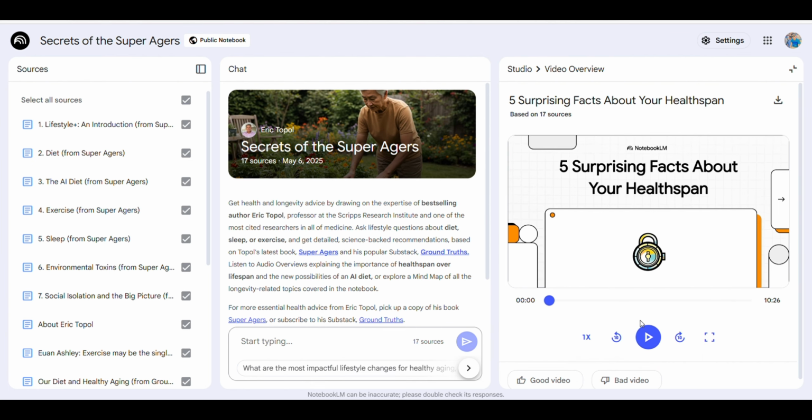5 super facts about your health span. Hey everyone, we talk a lot about lifespan, right? How long we get to live. But what about